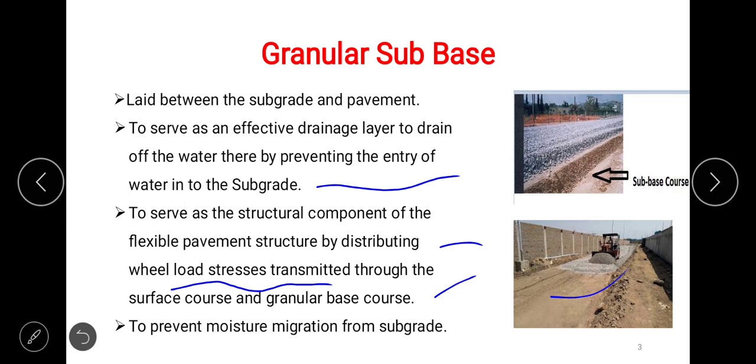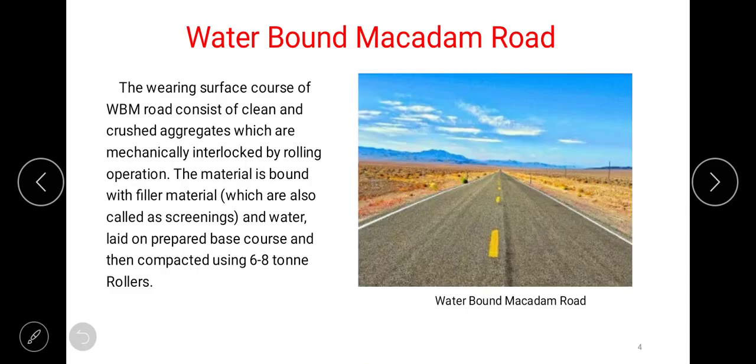Also, it is used in order to prevent the moisture migration from subgrade. That means to and fro. From the various layers of the construction above the subgrade, water should not penetrate to reach the subgrade, and at the same time, from the underground water through subgrade, the water should not migrate into the above layers, especially in case of flexible pavement or in general rigid pavement or any other types of pavements which we will be going to construct. That is the importance of granular subbase.